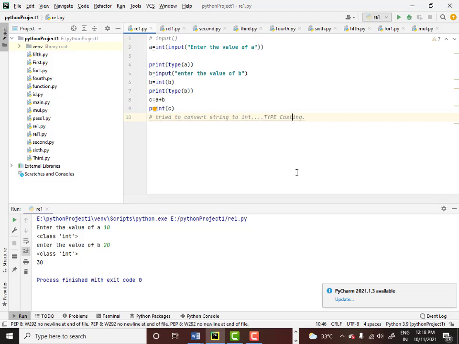Balu, one question here. I see that you're actually defining the values in the output section. So do we actually do that? Because here we got the values when we wrote print type of a, right? But we did not define any values for a or b when we were writing the code. See, I am accepting the value of a and b from the user.